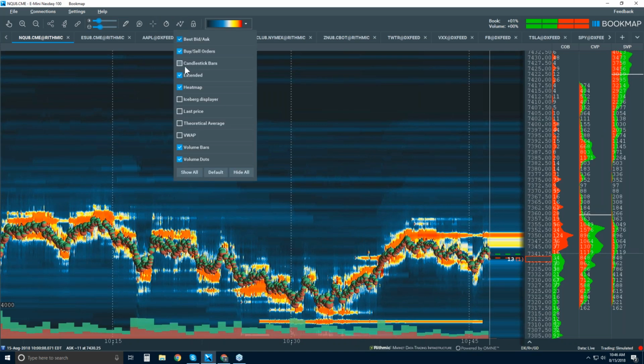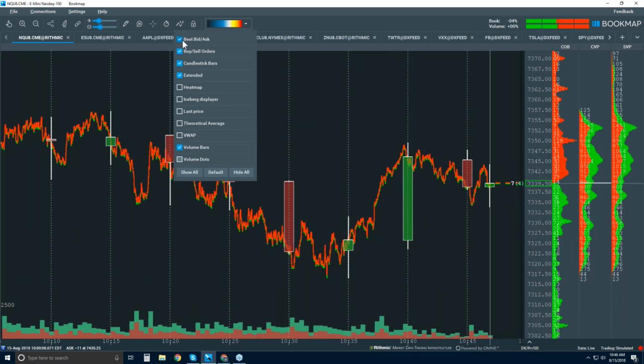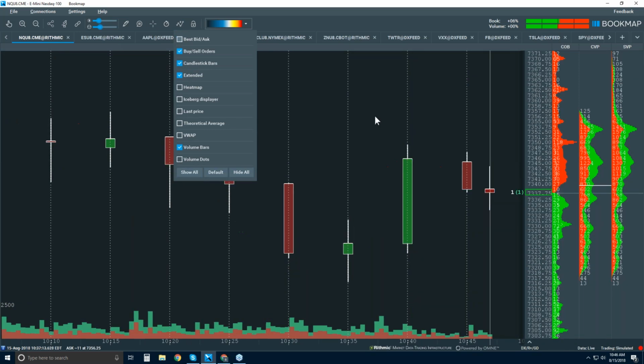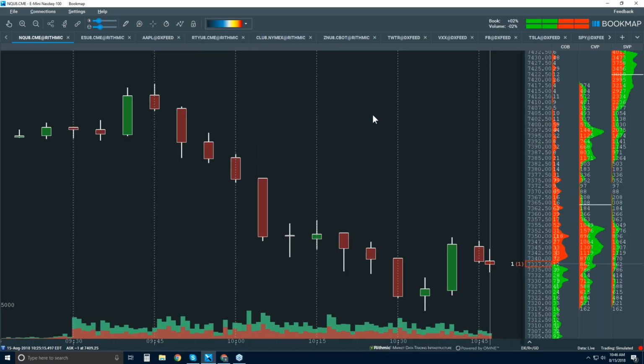Well, let's compare it to a candlestick chart. Okay, I'm going to put a candlestick chart on here. I'm actually going to take off these 3 elements, and we're going to add them on one at a time. Okay, because this is the view we're usually accustomed to. Okay, this is a 5-minute candlestick chart,